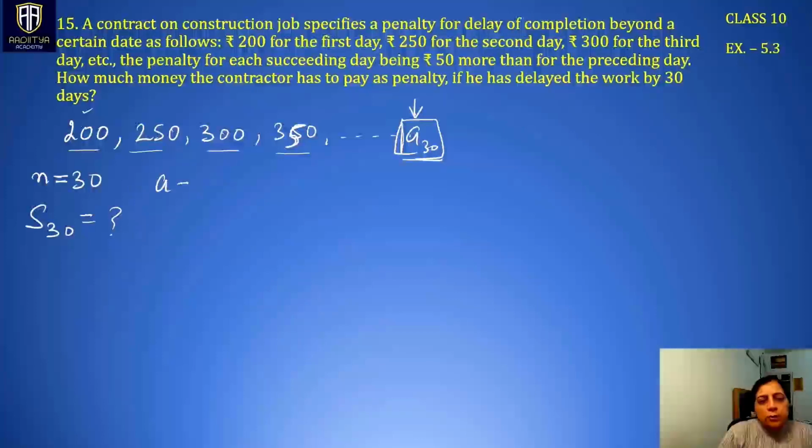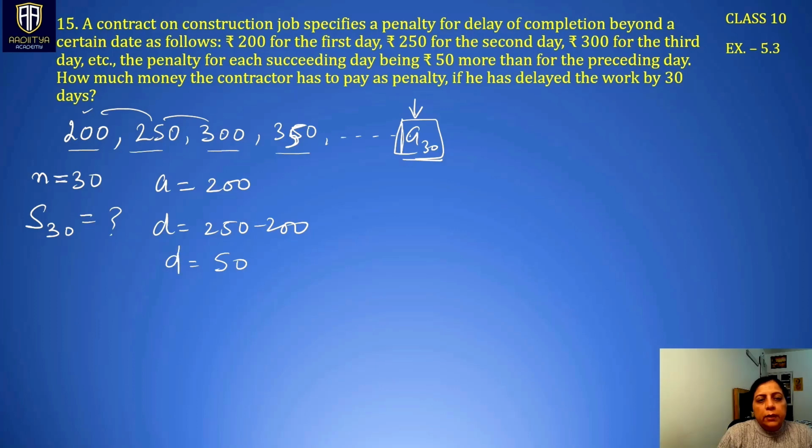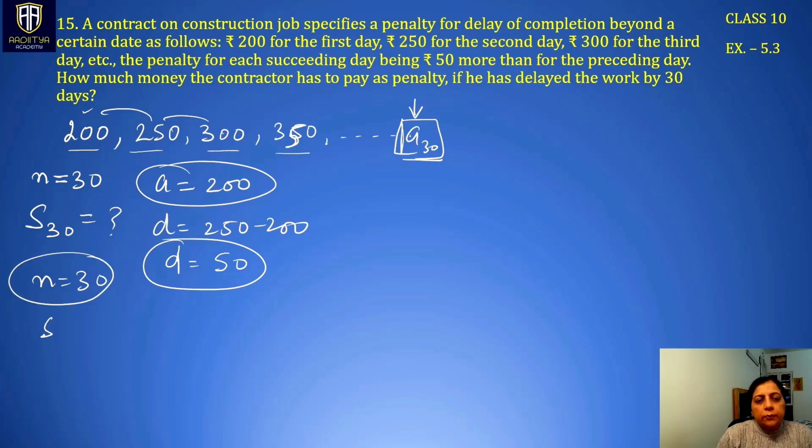From this, you can say that the first term is 200. A is 200. D is the difference between consecutive terms, which is 250 minus 200 is 50. D is 50, A is 200 and N is 30. This is a very simple question. Now the value of Sn is n by 2 times 2a plus n minus 1 d, right? So putting this value for S30, it is